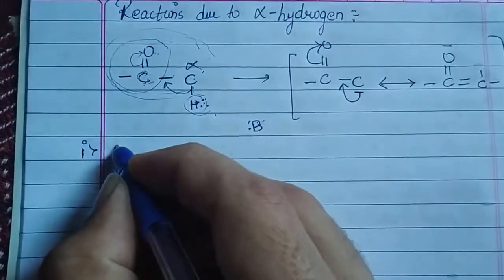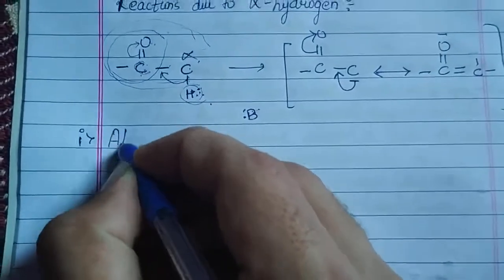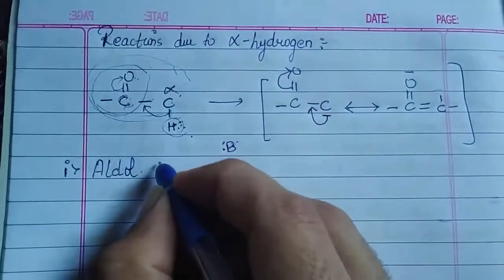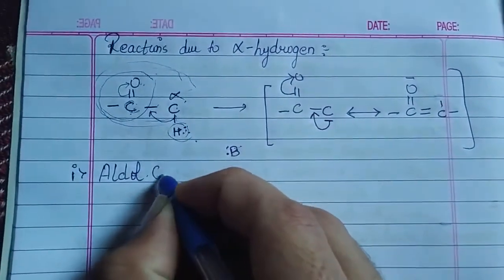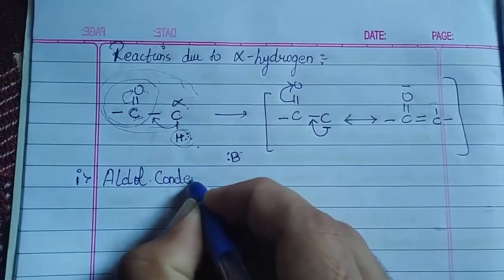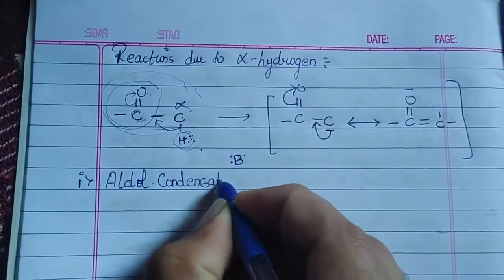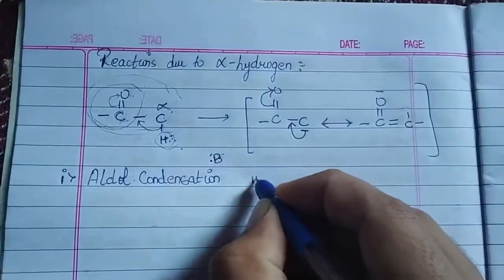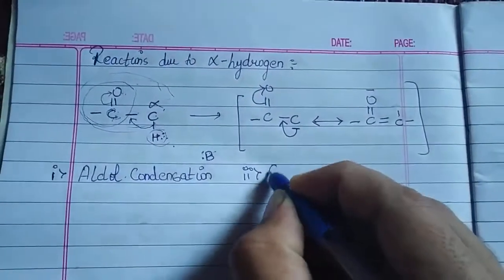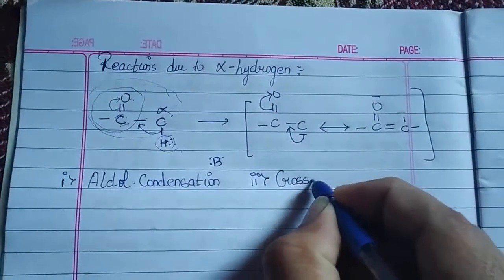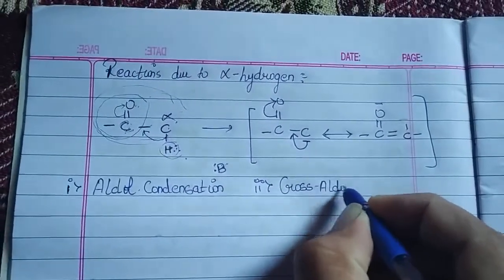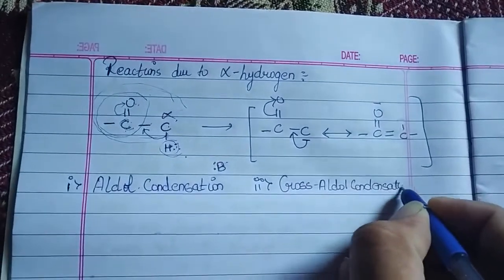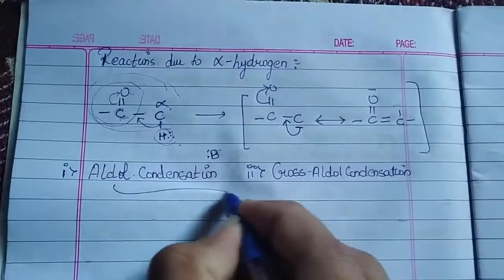are called, one by one I'm going to say their names, very much important. The first one we are going to study is called aldol condensation. First important reaction. The second most important is called cross aldol condensation. Remember, these 2 reactions are involving your